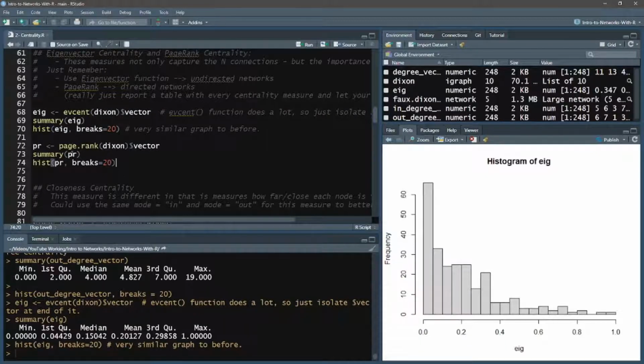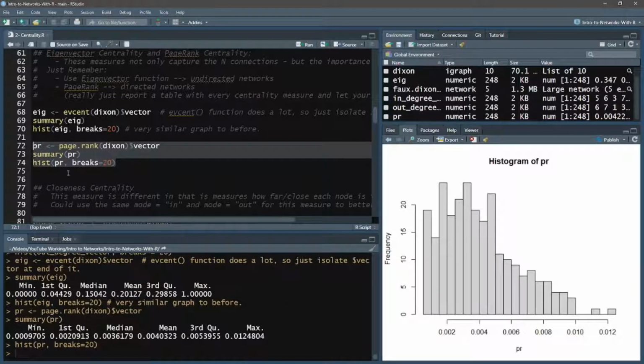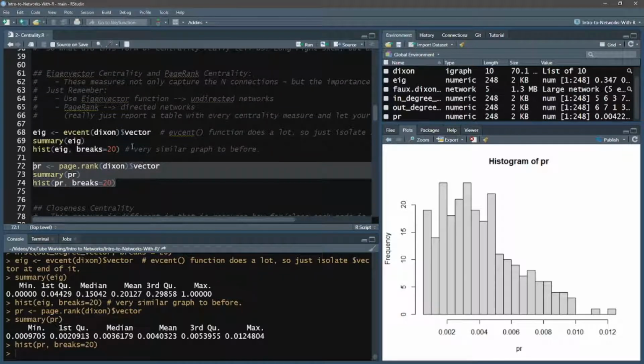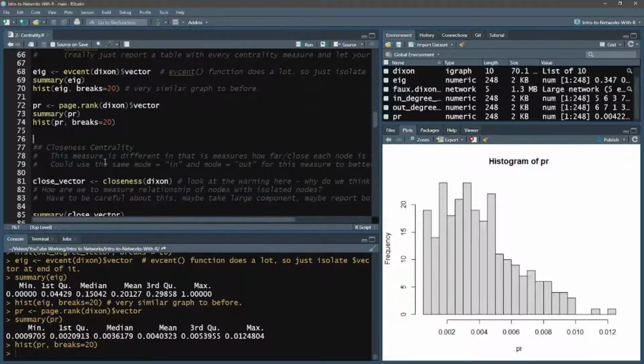So let's say perhaps we move to PageRank, which is simply page.rank. And if we run this, we actually see a slightly different distribution. We have one hump or mode here, and we still have this long rightward skew, and again, the scale changes. But you would interpret these numbers very similarly across units of measurement. They're all measures of centrality. They just report things slightly differently with different underlying math. So we'll be comparing all of these here in a second.